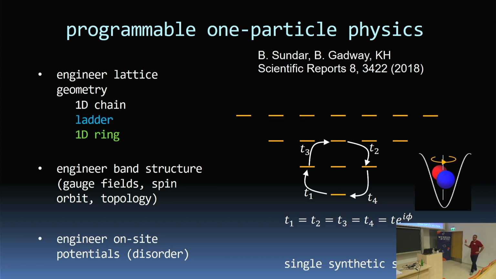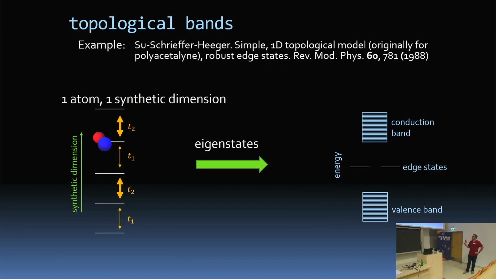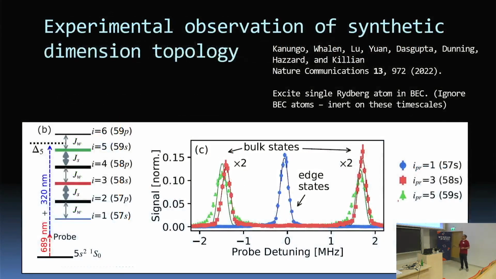So these are all reasons that we like these systems and why we want to do physics here. And so there is a very popular example to use in synthetic dimensions known as the Su-Schrieffer-Heeger model. It's the simplest example of a topological band structure. I'm actually just not going to tell you about it because I think many of you have heard me tell this story a few times, but there's some simple weak, strong, weak, strong, weak, strong. It gives an interesting topological band structure and topological edge states, and actually in something that is almost a molecule, this has been experimentally observed.